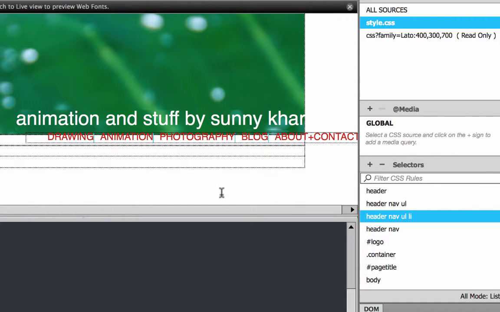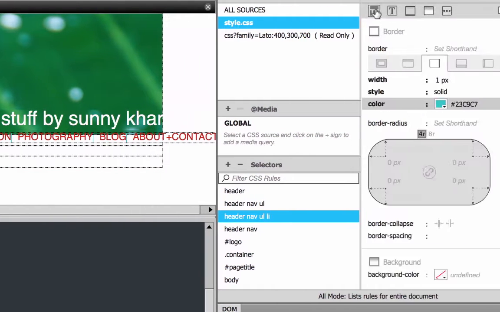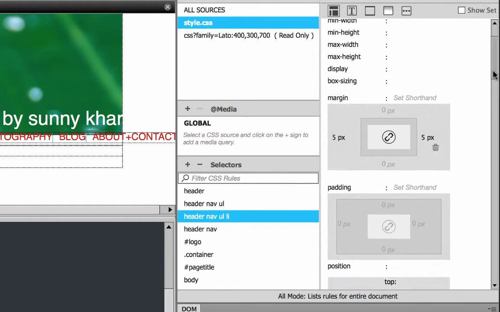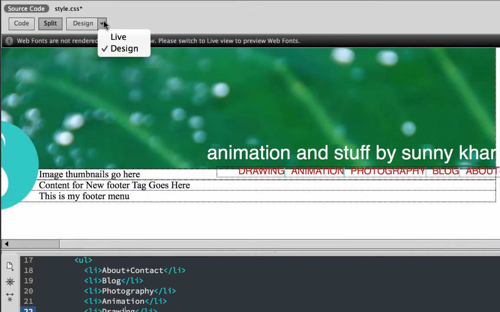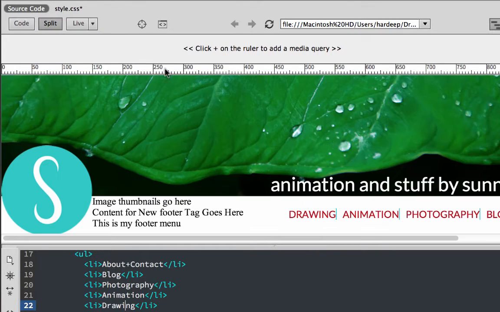And the way to do this is to add some padding. Just like margin is space outside of an element, padding is space within an element. So when you add a border and you want the border to have some space from the contents, you need padding. I'm going to switch to live view just so you can more clearly see how these look.